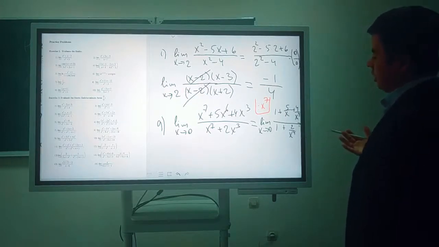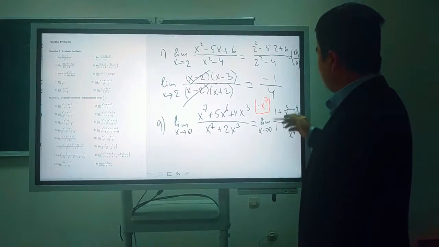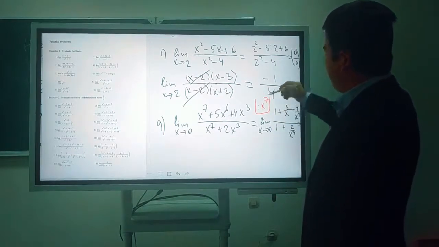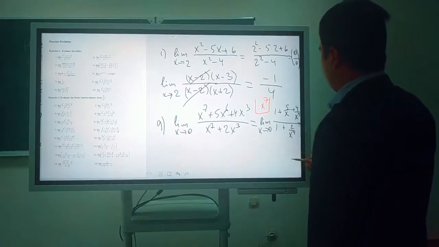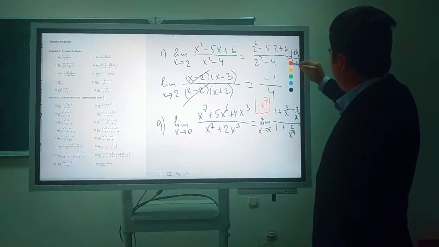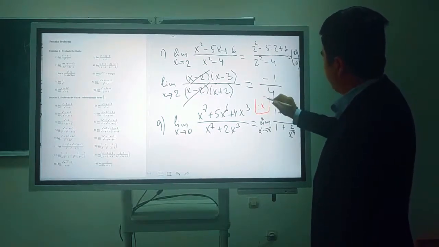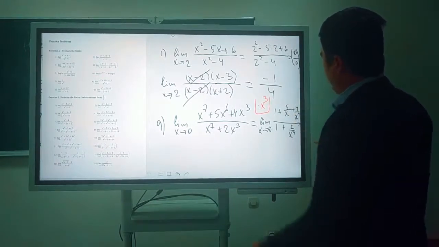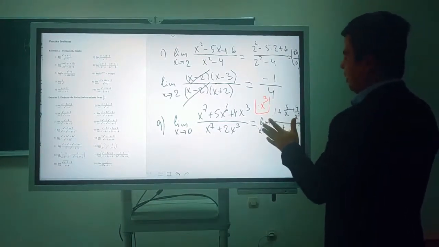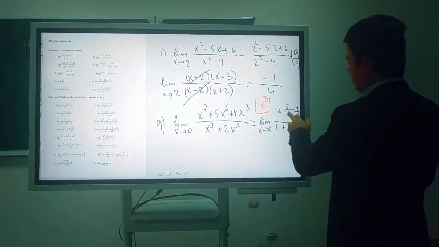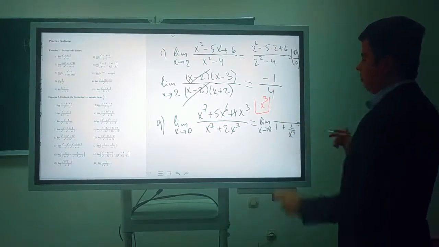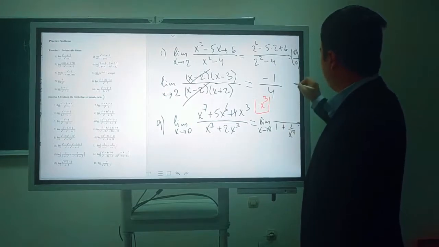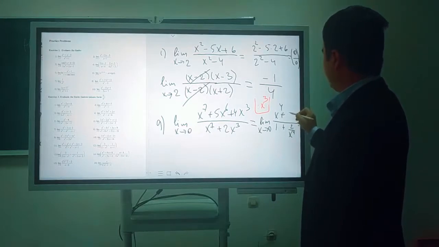Or, to make our work easier, we can divide by x to the least power, x to the power of 3, for example. There is no difference between them. Here we can divide by x cubed also, and then we will not get infinities here, we get zeros. So now we have the other ones. For example, if we divide by x to the power of 3, here we have x^4 plus 5